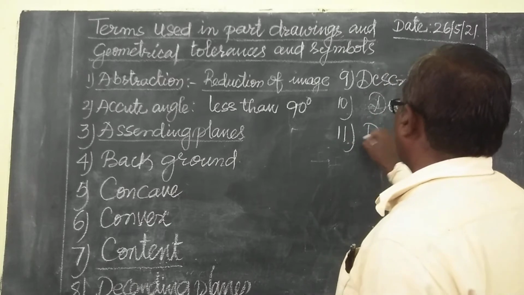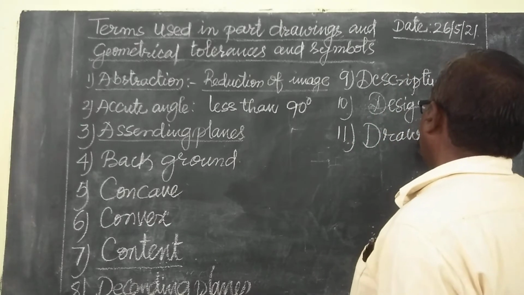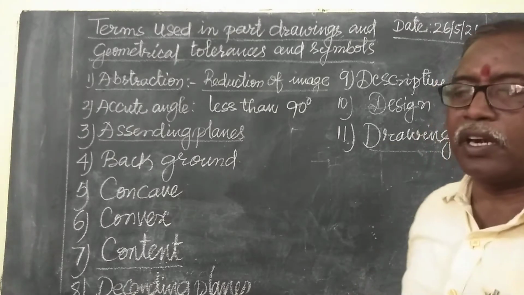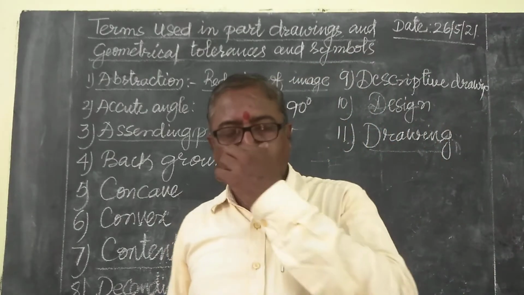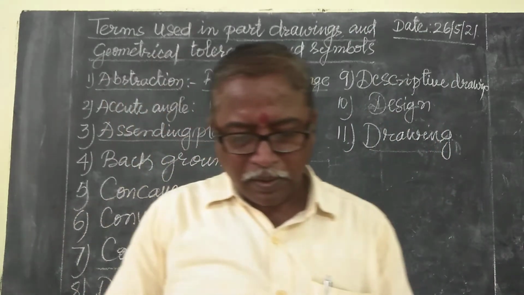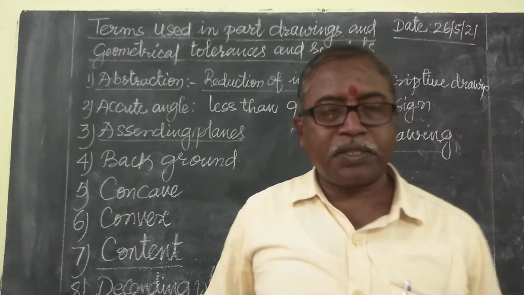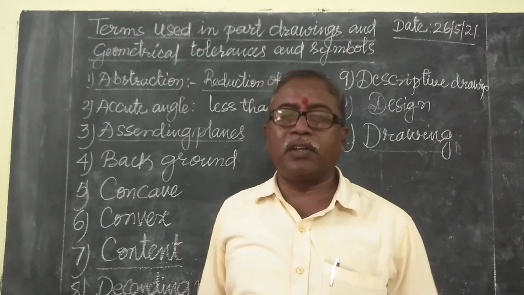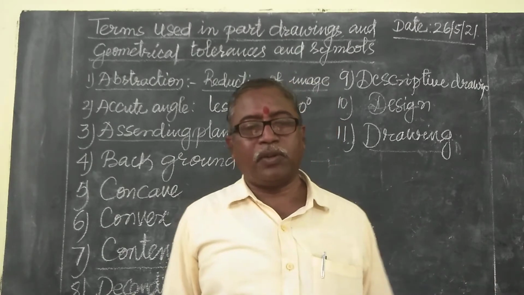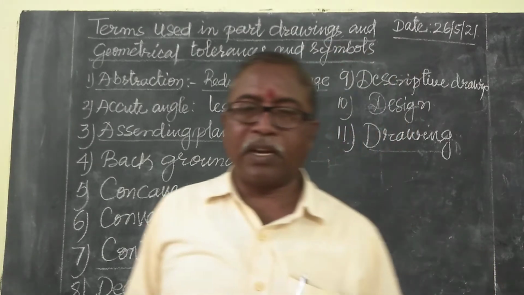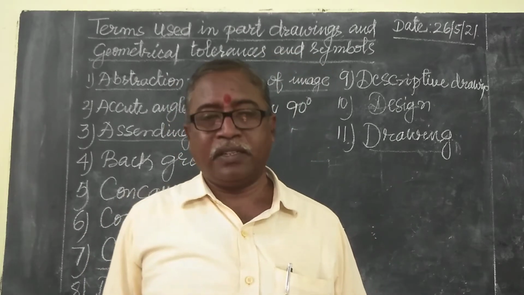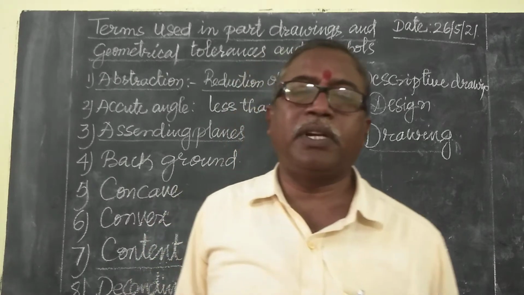Level 1 drawing. This drawing you know very well. Every day you are drawing. In the drawing so many lines are there, that is art, by which the artist does. You are also an artist. You are drawing the isometric view. You are drawing some other components, some other couplings. These are all under the drawing.